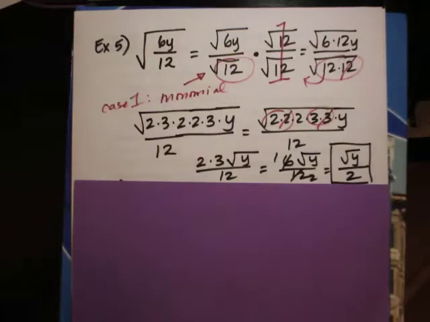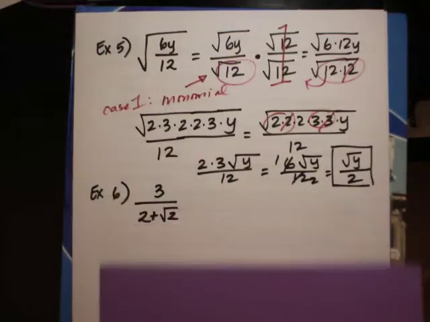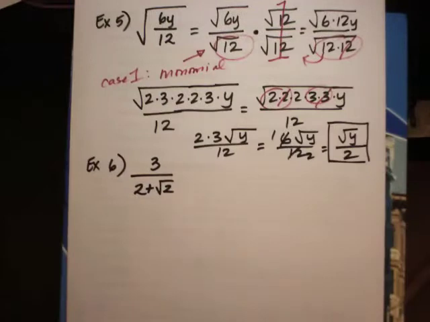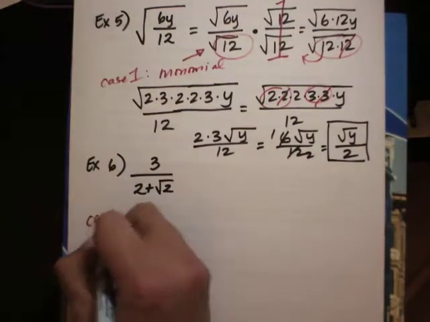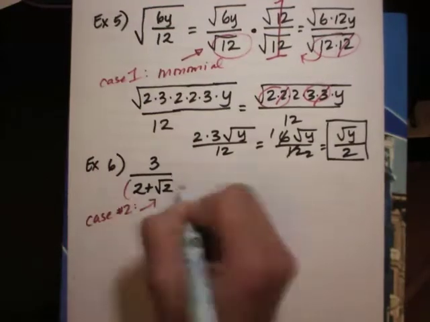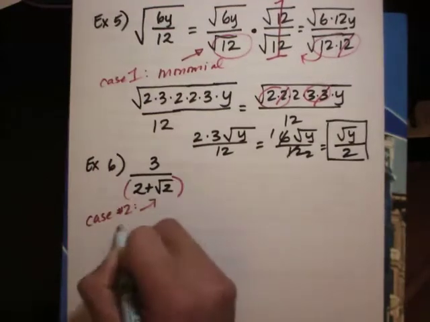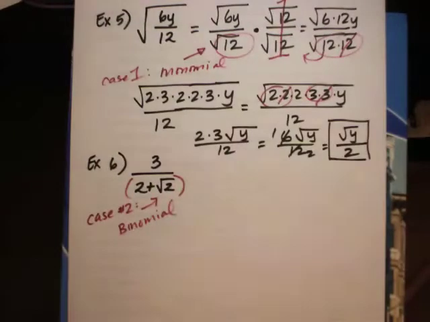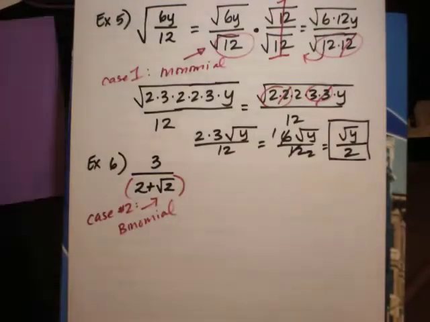So what do we have next? Okay, we have case number 2. I'm going to show you and highlight the difference between case number 1 and case number 2. Case number 2, you have a binomial. We have a binomial, and we cannot have radicands that contain fractions, and we cannot have radicands in the